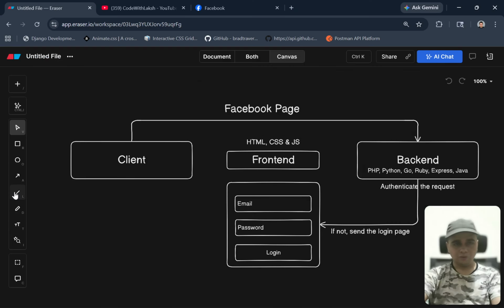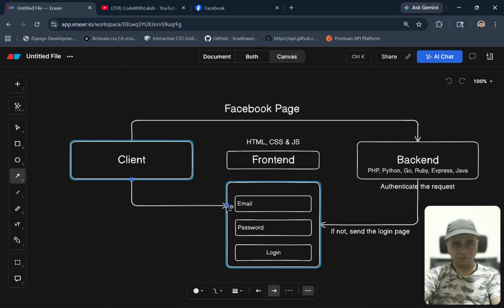what you do here is send your credentials through this. Let us say I'm pointing to this, and then I will point this to here. And what you will do, you will go ahead and